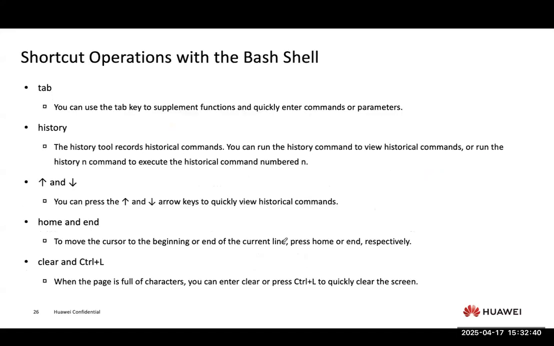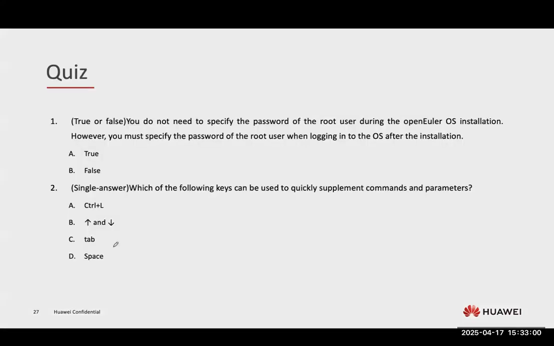So there are other shortcuts also. Like I said, this is an introduction to openEuler. It will get more practical as we continue. Other shortcuts: the tab key on your keyboard lets you complete commands and skip typing. There's the history command to see previous commands you've done. And there are also other keys you can use. That is basically the introduction to openEuler I want to talk about today. It's more about understanding how to use this type of shell command terminal. As you understand it better, the practical side will come into play and you will really understand the